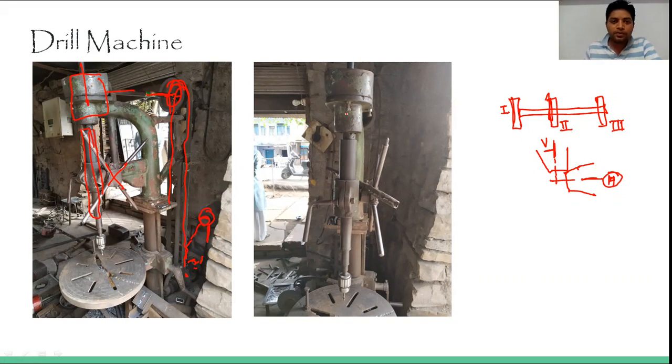Okay, but nowadays, if you look at the drilling machines available in workshops or any industries, the electric motor is directly mounted over here. This is connected with this one, and as the electric motor rotates, this will rotate, and this assembly is connected with the drill bit. So if this shaft is connected with the tool, it will also rotate, and the drill bit is also rotating. Through this lever we are providing the vertical or reciprocating motion, up and down, through which the drilling takes place.